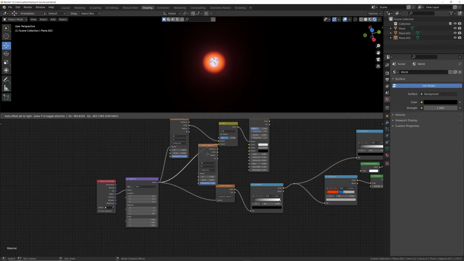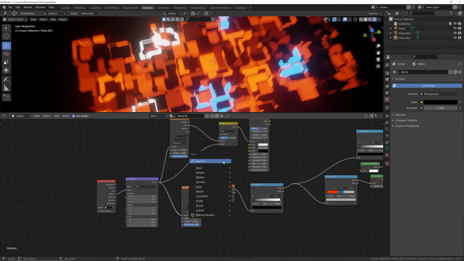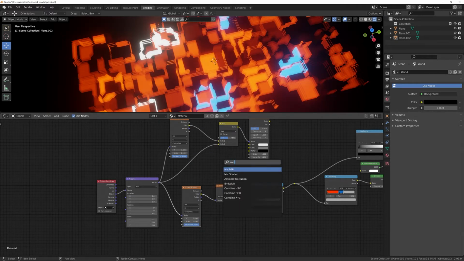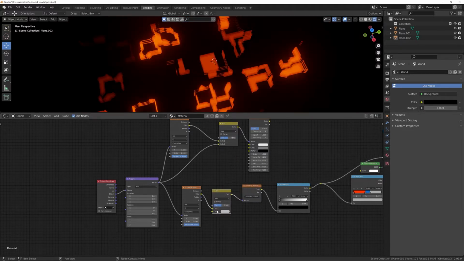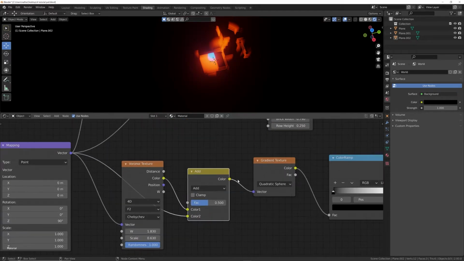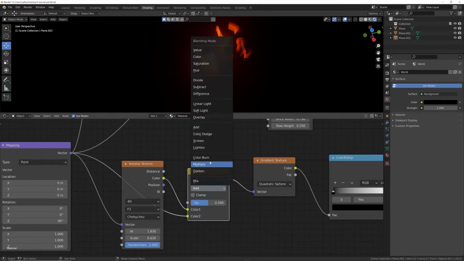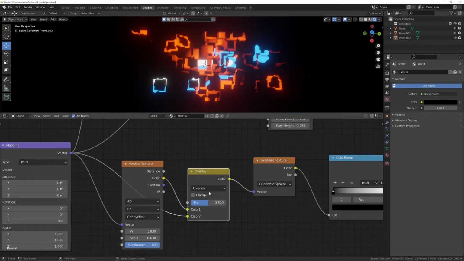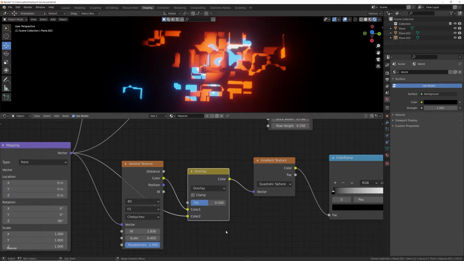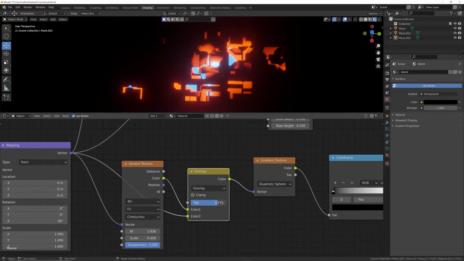So we're going to go ahead and just duplicate this Voronoi, and then we're going to get a mix shader. Look how cool that looks. Oops, I meant to say mix RGB. So I guess we can just plug that right there, plug the vector into the color 2, and then we need to go here to overlay right there. So now we have this. What we're going to do is bring the scale to 0.4, make it nice and big, bring our factor somewhere over here,